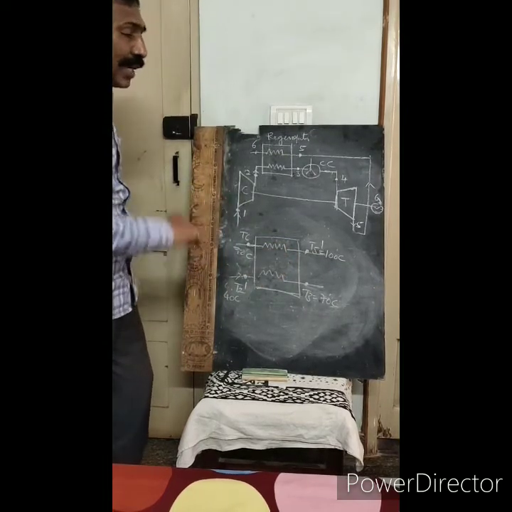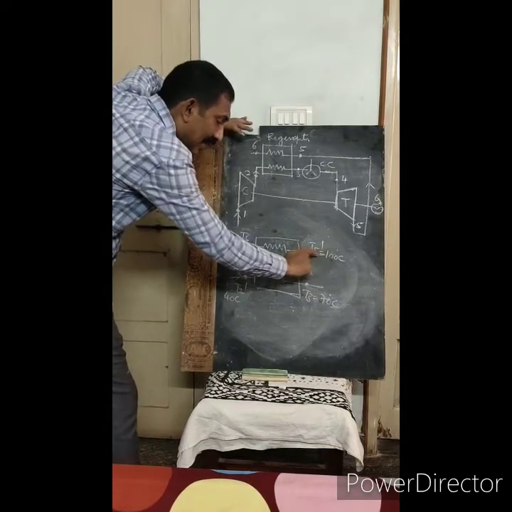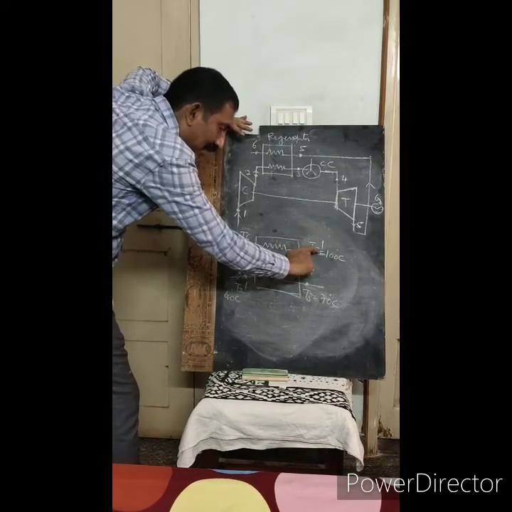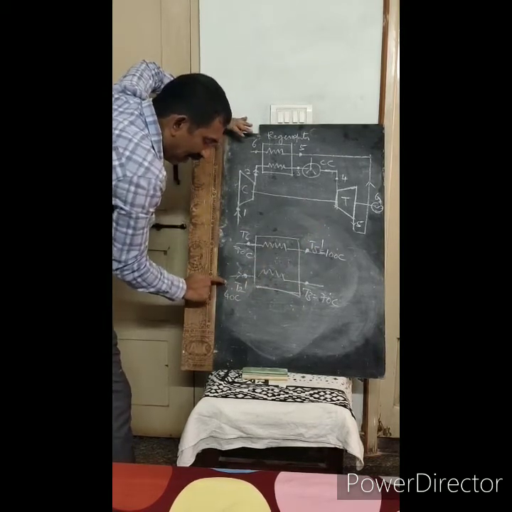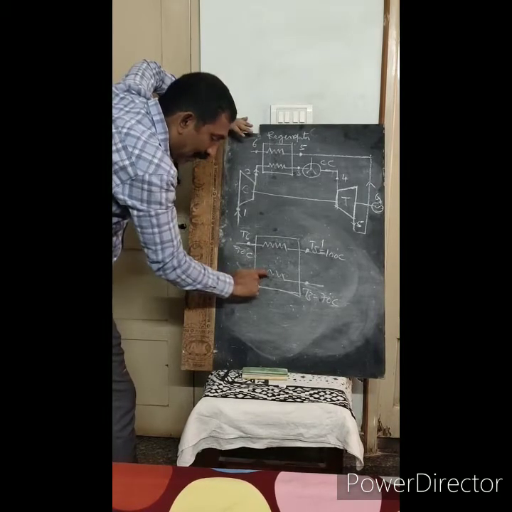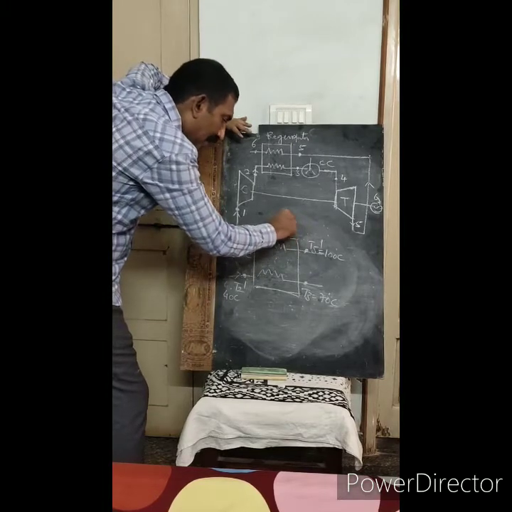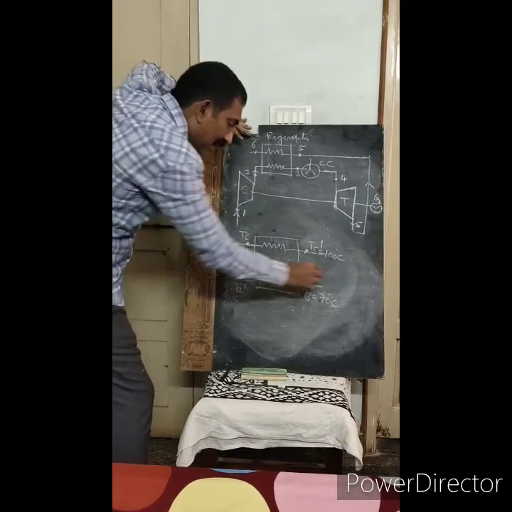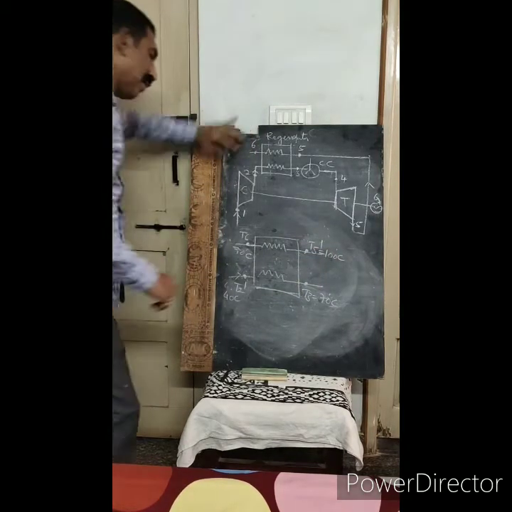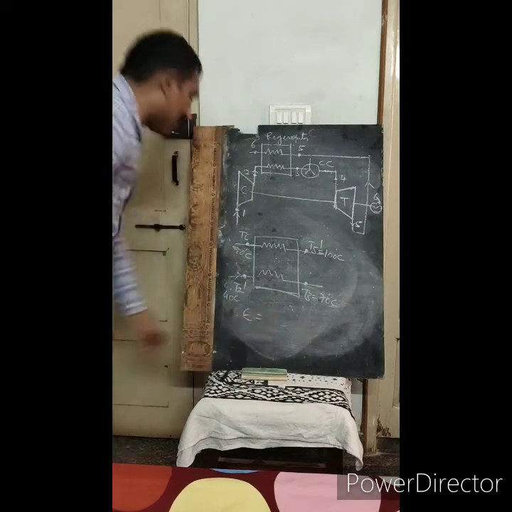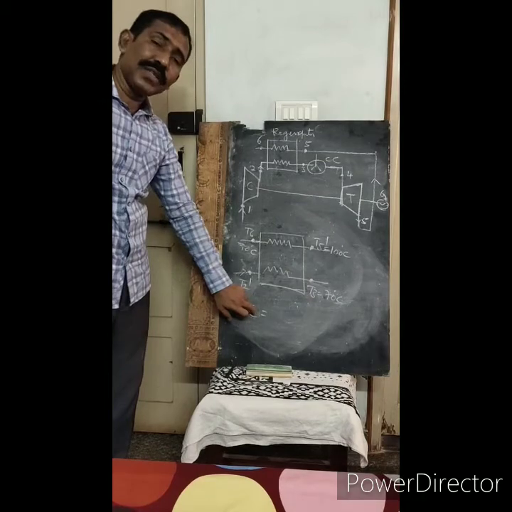So how much is the maximum amount of heat that can be transferred? The temperature at which the gas is entering the regenerator is 100 degrees centigrade, but the temperature at which the air enters the regenerator is 40 degrees centigrade. If the regenerator efficiency is 100%, then definitely T3 must be equal to 100 degrees centigrade. So effectiveness is nothing but the efficiency of the regenerator. It is defined as the effectiveness of the regenerator.